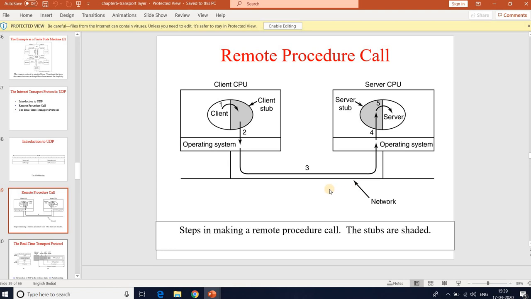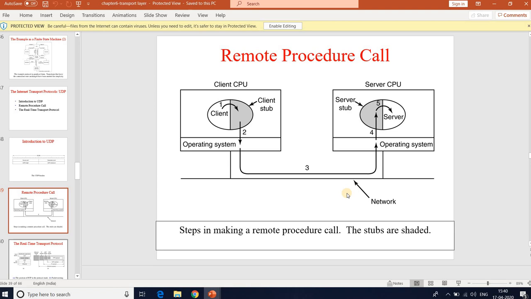A called procedure or caller can use a pointer in the same virtual address space. That means when the client and server are running on the same system, in the same virtual address space, there is no problem for the called procedure as well as the caller procedure using a pointer. But passing a pointer with a remote procedure call is impossible because the client and server are running in different address spaces.